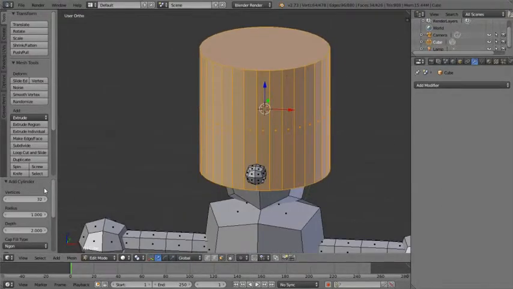Okay, so now let's add a cylinder. And you can see over here on our tool panel, or tool shelf, or whatever you call it, under add cylinder, right underneath the cylinder, we've got our vertices. And we don't want it that high quality, because the rest of the mesh isn't that high quality. We can have it that high quality, but whenever you can, try to downsize your mesh, or not make as many vertices, because it'll get very complicated, and you could slow down the game or the render or whatever you're doing with it. So let's turn this down to